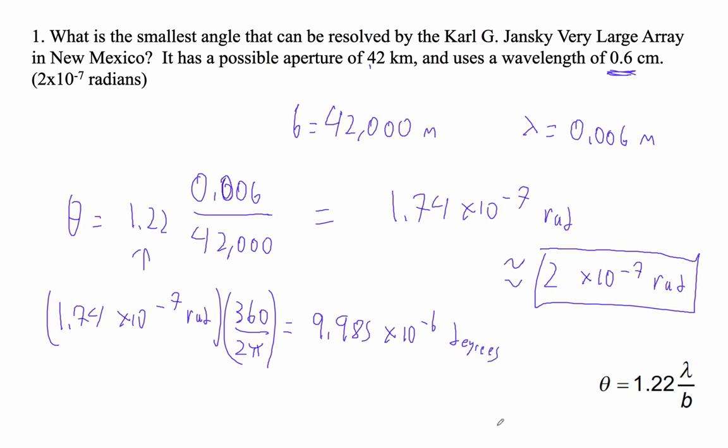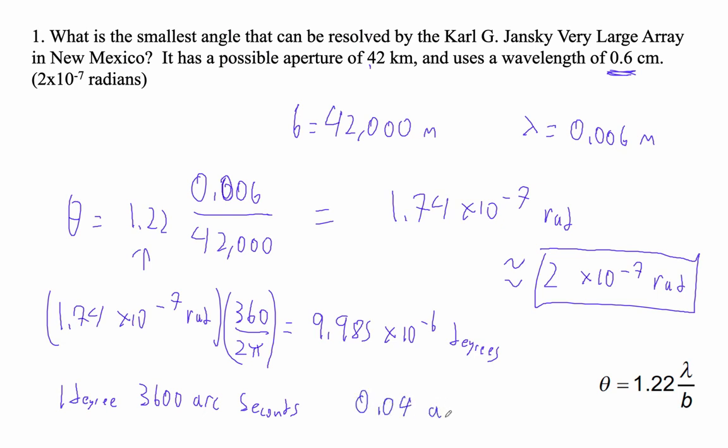And what you want to do is actually find out how much of an arc second it is. Now, 1 degree is further divided into hours, minutes, and seconds, right? Okay. So a degree is actually 3,600 arc seconds. So if I take this and multiply by 3,600, I get that it's about